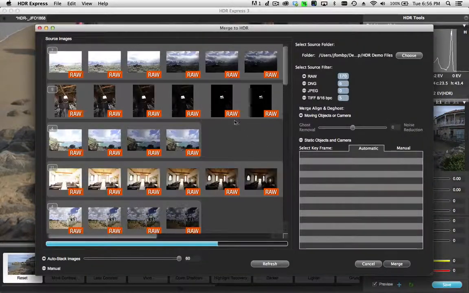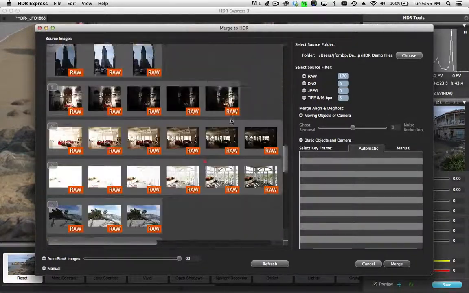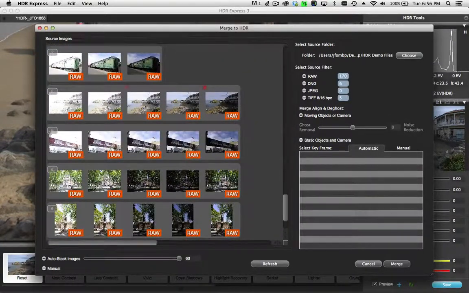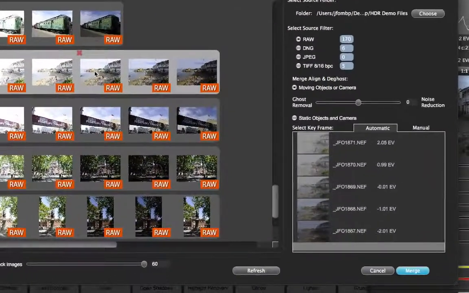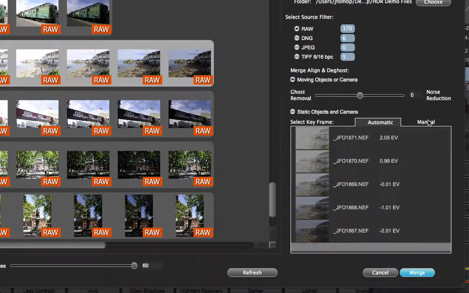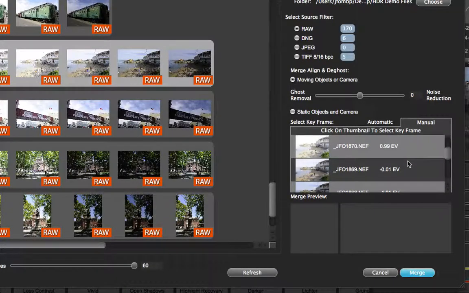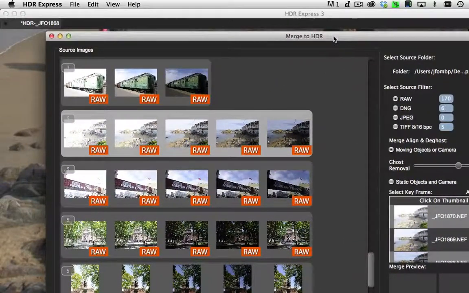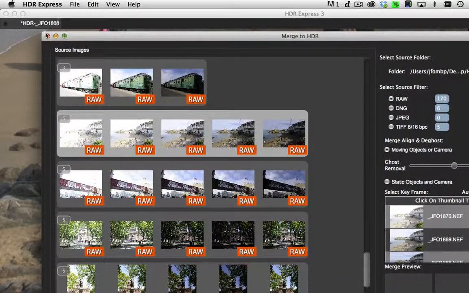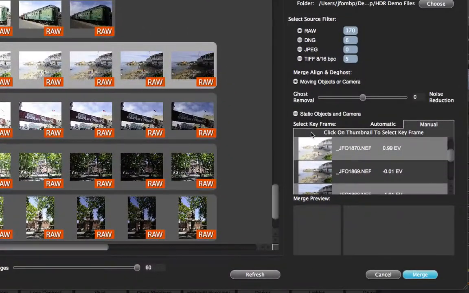I'm going to go back into the Merge dialog, scroll down, and I'm going to select, again, this set of 5 images. Now going over here, I'm going to click on the Select Keyframe Manual tab. And what I'm going to do now is, if I look at the name of this file, this was 1868, and that means that the -1 keyframe was the one that was selected for this. So if I click on this,